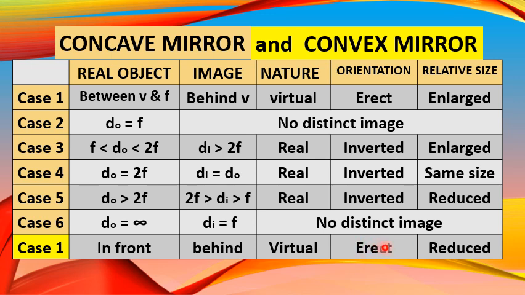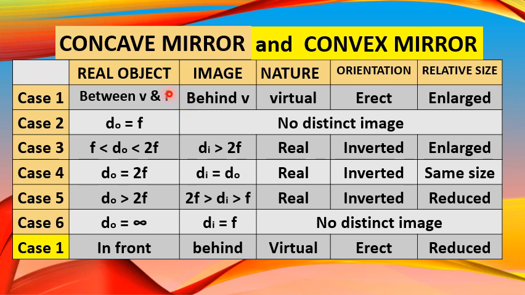In short, its image distance will always come out to be negative, and its lateral magnification will always be positive, which means that the image is always upright or erect, and that the absolute value of the magnification is always less than 1. So meaning that the image formed by a convex mirror is always reduced in size. So that's only one case for the convex mirror.